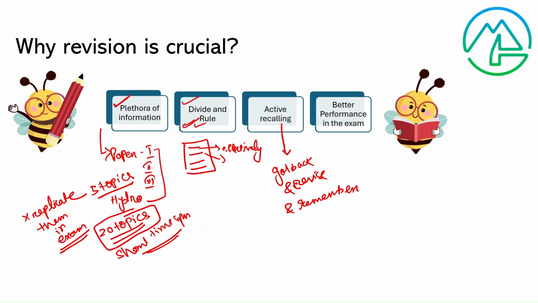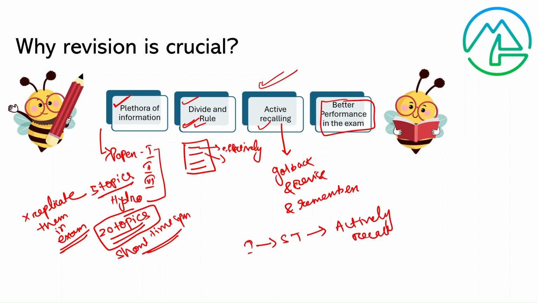So आपको क्या करना है? आपको actively recall करना है, and for that to happen, you have to revise them at regular intervals, right? And if you are doing all these things, if you are revising them effectively, you are going to perform better in the actual exam. So this becomes a very effective cycle, a virtuous cycle, in terms of your answer writing journey, right? Because there is a lot of information, you are breaking them into smaller targets, then those smaller targets are easy to actively recall,